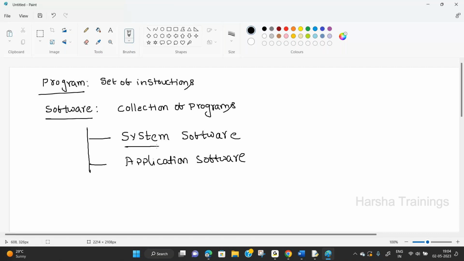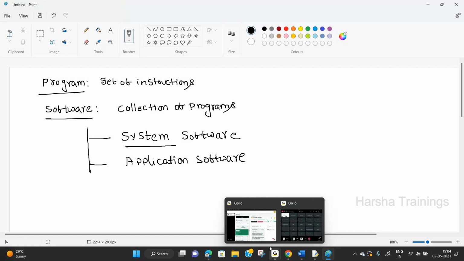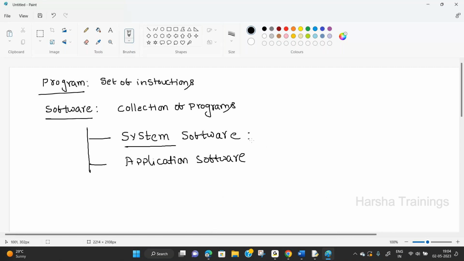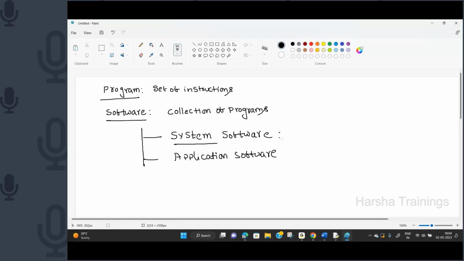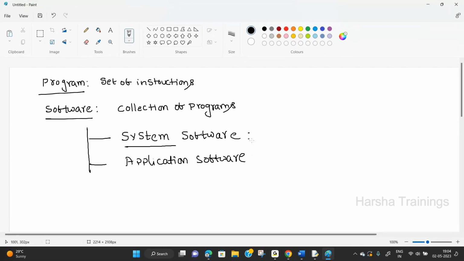What is the meaning of system software? The software that is designed for running the system, simply the operating system. Without the OS it is not possible to run a system, yes or no? So the OS is called system software. Now, this is also very important.